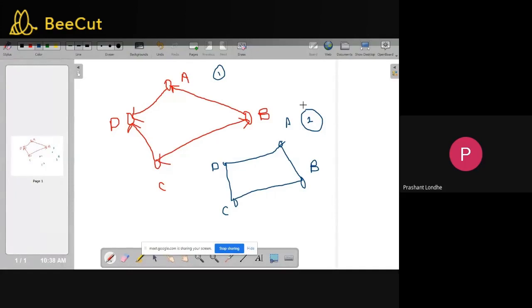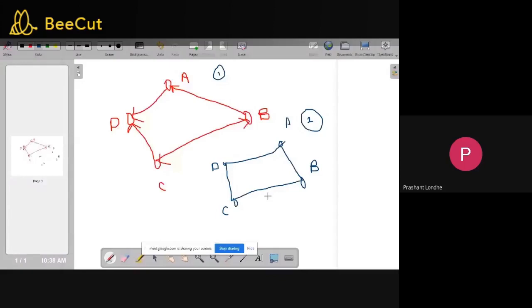The density of a graph is defined as the ratio of number of edges with respect to number of maximum possible edges. Now let us focus on graph number 2.